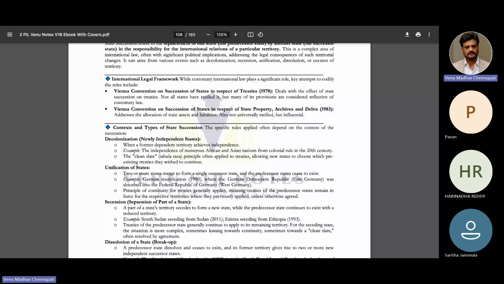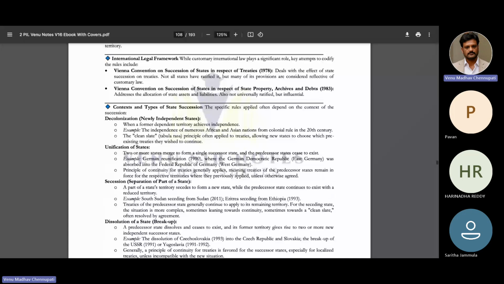So, context and types of state succession: what are the different types of state succession? First, we have to understand the different types. The first one is decolonization and newly independent states. When a former dependent territory achieves independence, like the independence of numerous African and Asian nations from colonial rule in the 20th century, the clean slate principle often applies to treaties,